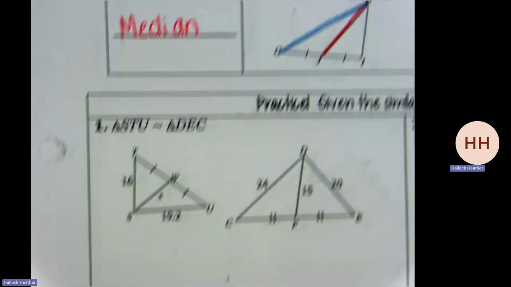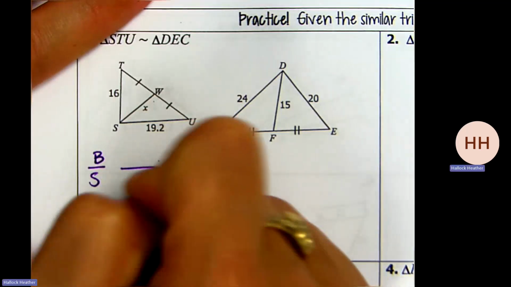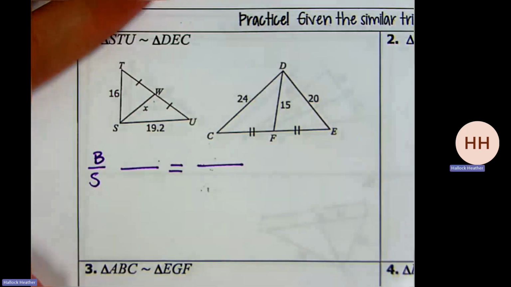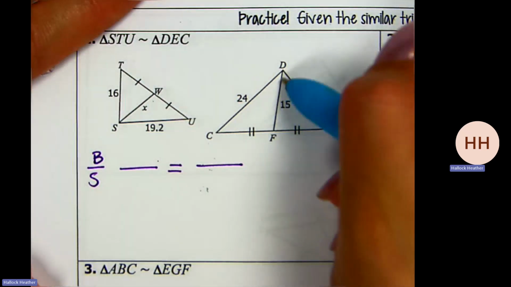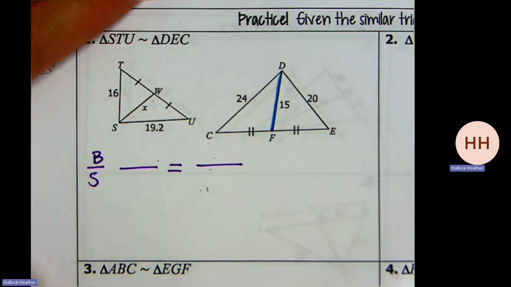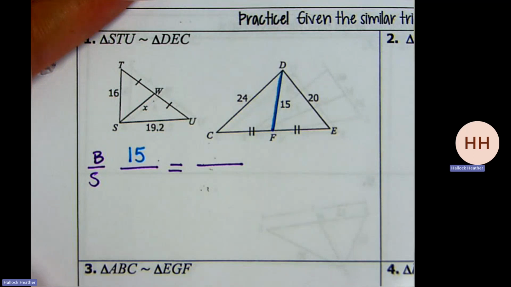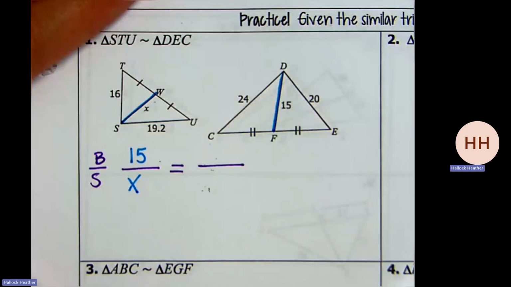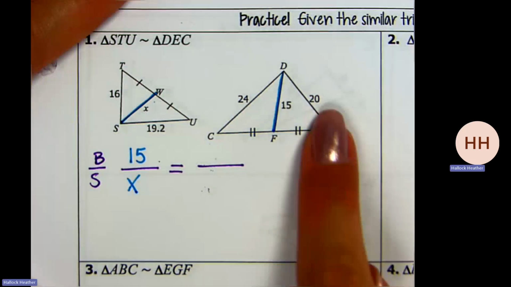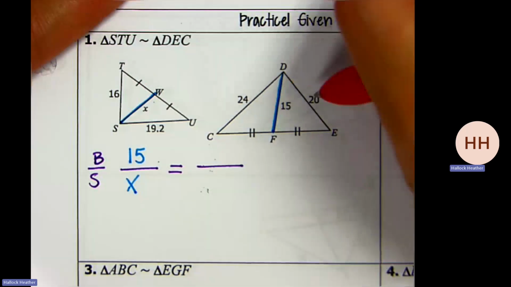Okay. So let's start with setting up our fraction. Let's do big divided by small. And then I know I'm going to have a proportion. So I'm going to set up my little fractions to get me ready. And now we're going to look specifically at the big triangle. Let's say I choose to use 15 from the big triangle. 15, if I choose 15, what would 15 match with or correspond with on the smaller triangle? X. And now I get to pick if I want to use the bigger number or the smaller number. It doesn't matter. So let's say I use, I don't know, 20